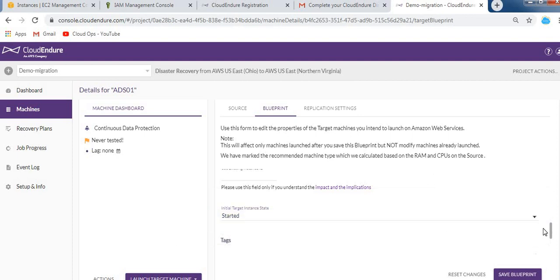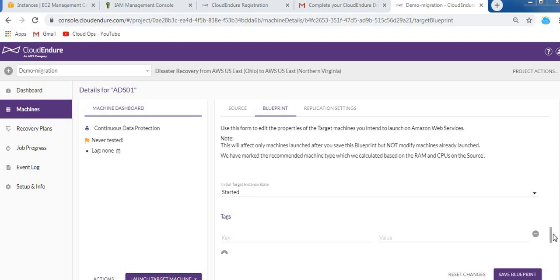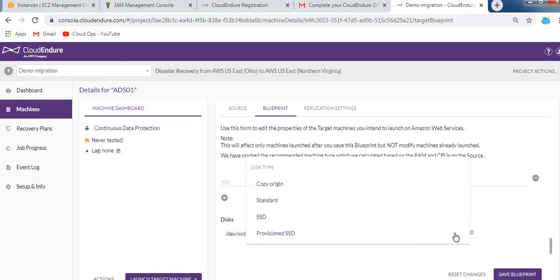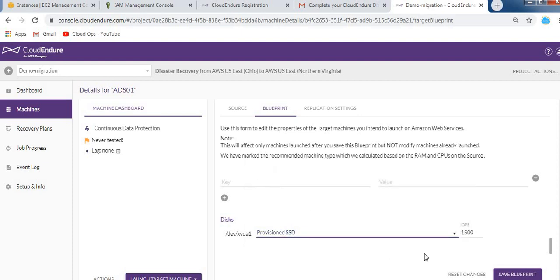Some people want to do some testing, so you can choose whatever option you want. The next is this. You can select the disk, standard, SSD, or copy original. I'm keeping provisioned SSD. Go down. Yeah, so we finished.